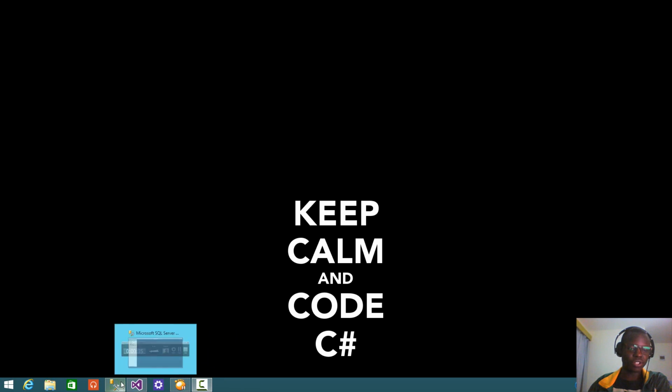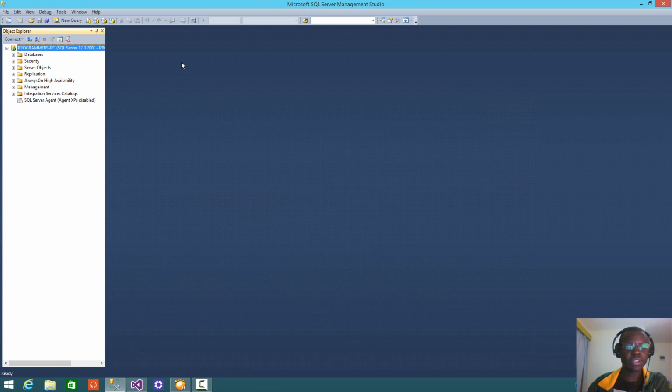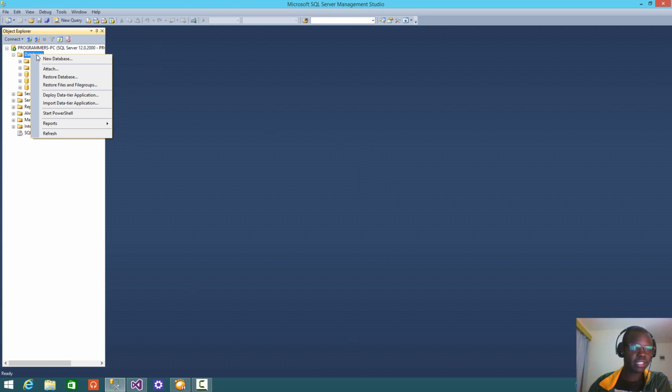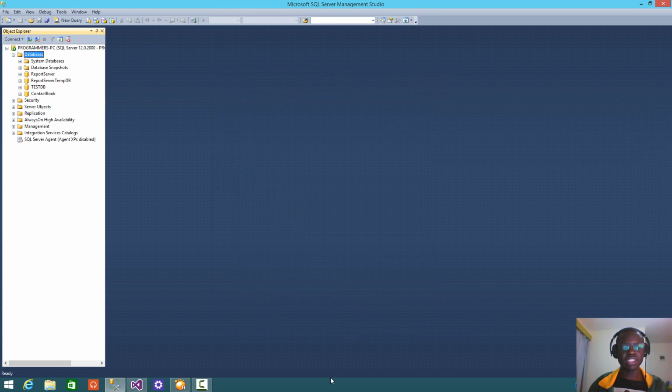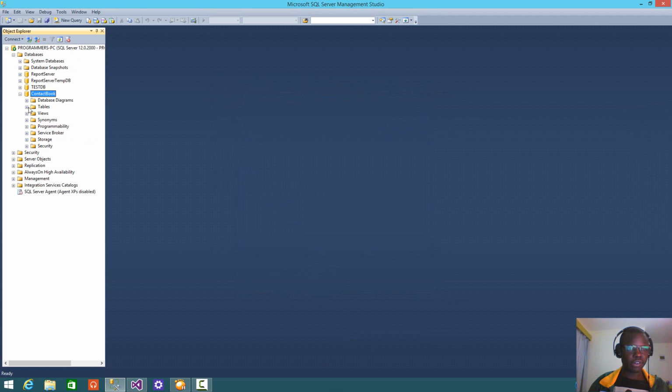So to start, we go to the SQL Management Studio. First of all, you'll be prompted to log in. Then you move to Database, right click on the database, create a new database. I call this database Contact Book. The database will just contain a table called contact that will contain a list of all the contacts that one can store. I come to the table,